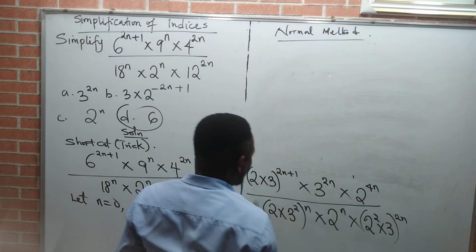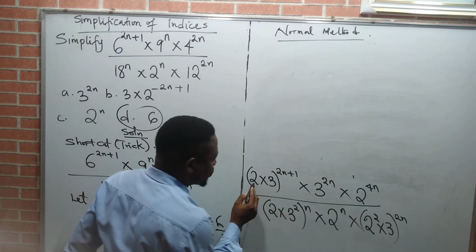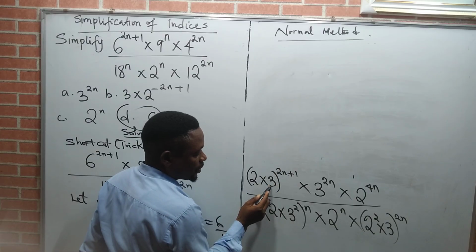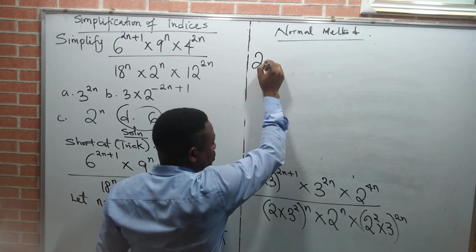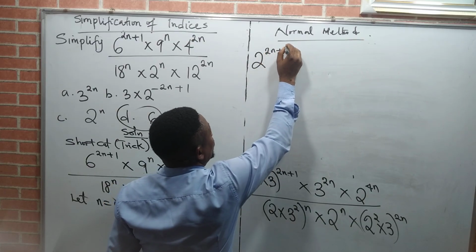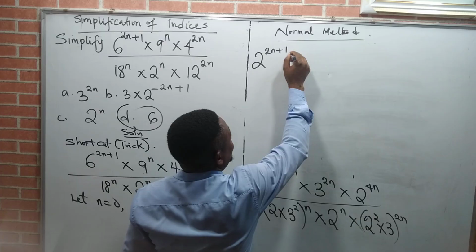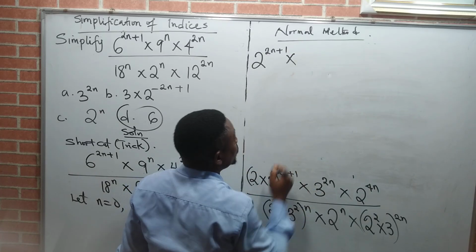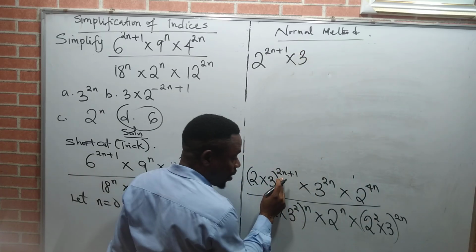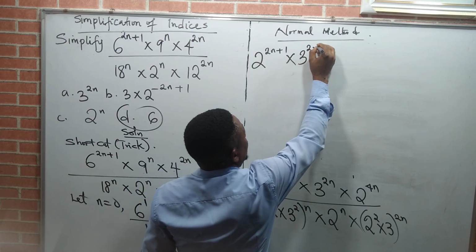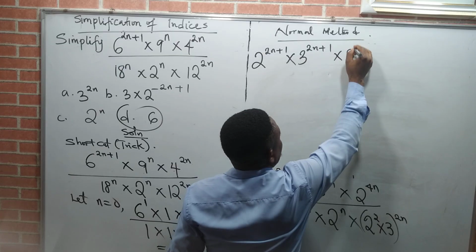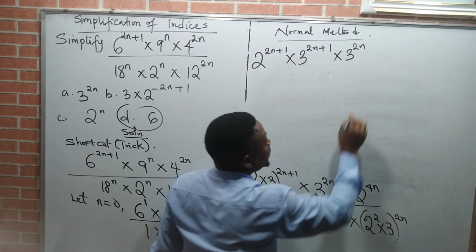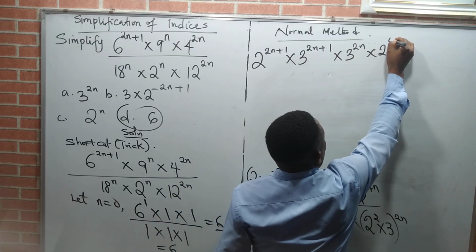So if I open the bracket, I want you to observe. This 2 is affecting this power, and this 3 is also affecting this very power. Then open it. It will now give us 2 to the power of 2n plus 1. Are you there? Then I will multiply. Then this one also is 3 to the same power, and what is the power? 2n plus 1. Are you there? Then times 3 raised to the power of 2n. Are you with me? Then times 2 raised to the power of